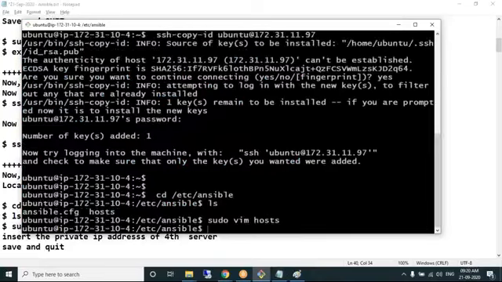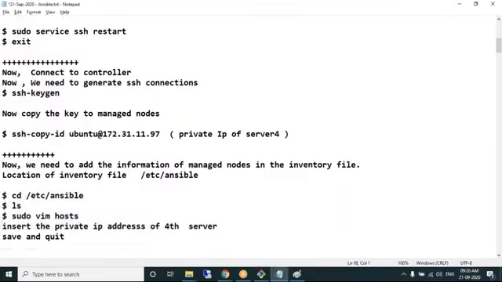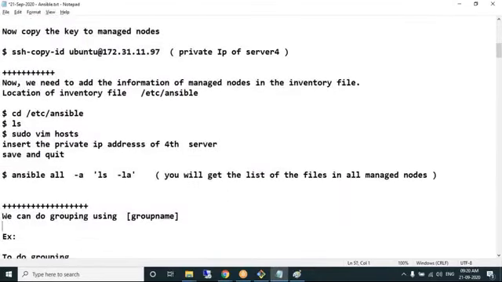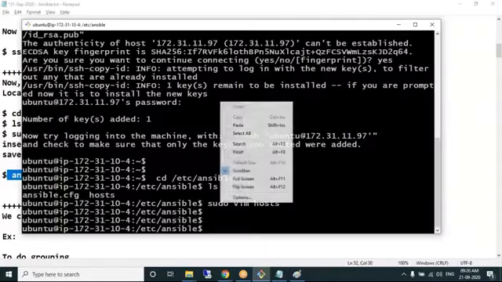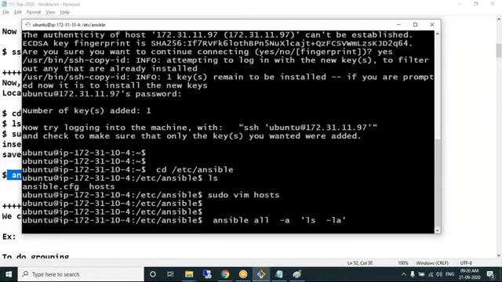Escape. Now Ansible all, this should work on 4 machines now.